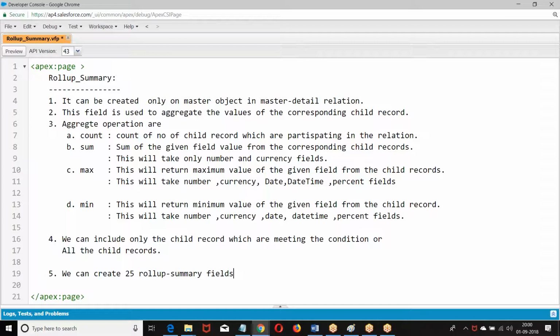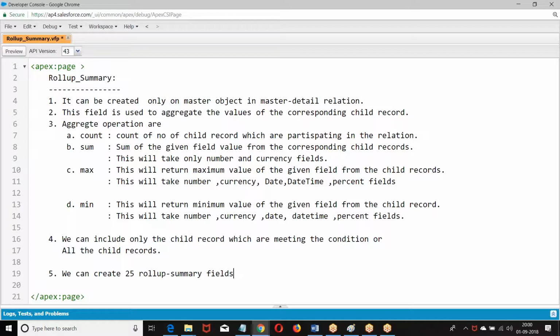Now, what is the purpose of roll-up summary fields? It is used to perform aggregate operations on corresponding child records. What are the corresponding child records? Only when it is connected with the master detail. Why only with the master detail?